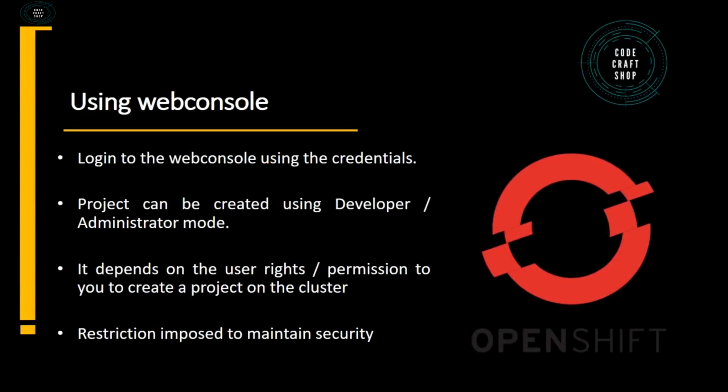We will use a term project. So what is a project in OpenShift? A project in OpenShift contains multiple objects to make up a logical application. So what do you mean by objects in terms of OpenShift? When we deploy any application onto the cluster, we cannot deploy it directly. We need some namespace. So a project is a namespace from the perspective of OpenShift. That's why we say a project contains multiple objects.